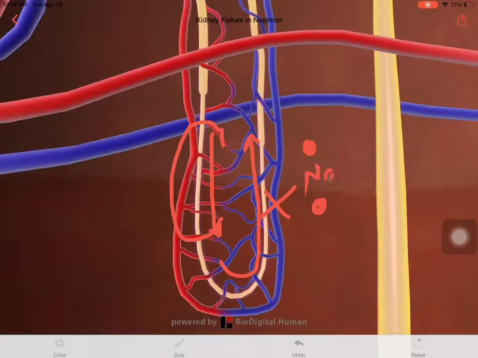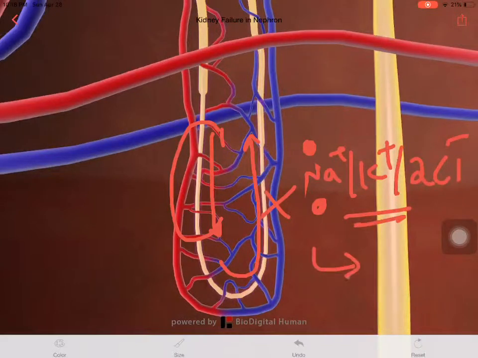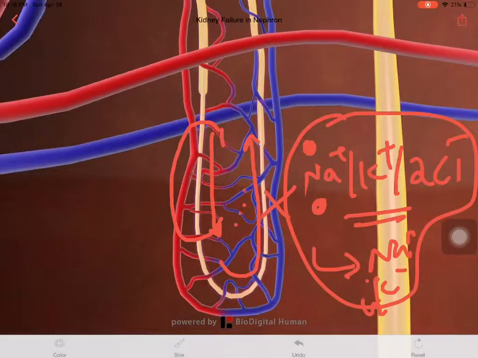These transporters are mainly called sodium-potassium-2-chloride transporters. They transport salts, sodium, potassium and 2 chloride, from the lumen into the interstitium, and so they increase the osmolarity. This osmolarity helps in the maintenance of the countercurrent mechanism and helps in the formation of urine. So we can say that in the proximal convoluted tubule the osmolarity remains the same, while in the descending loop of Henle the osmolarity of the urine